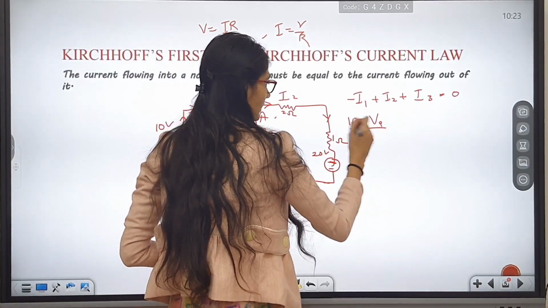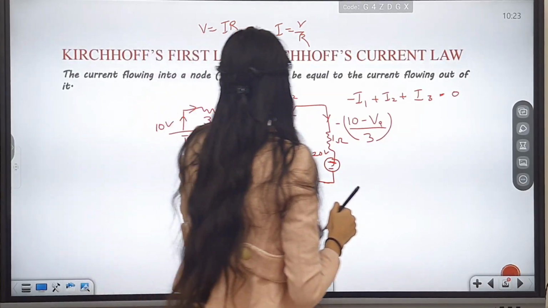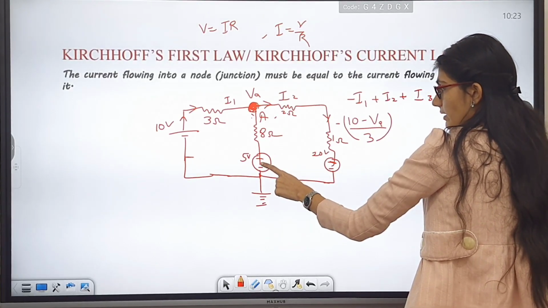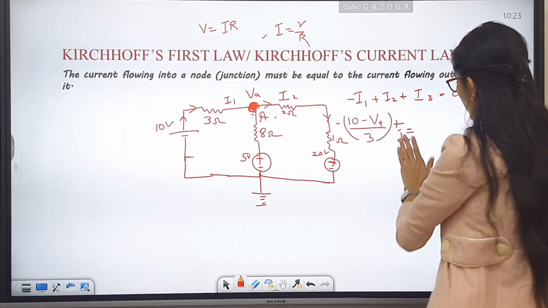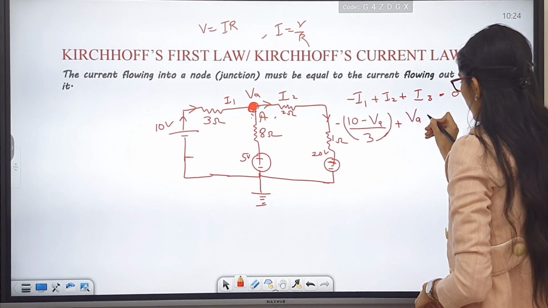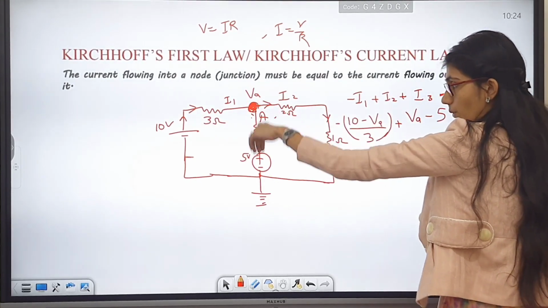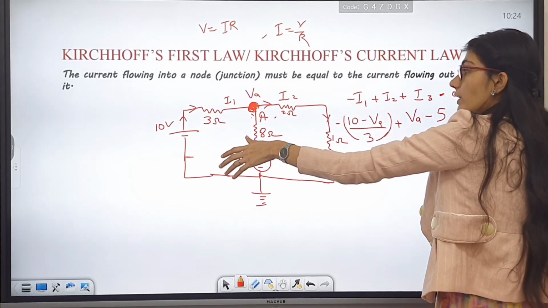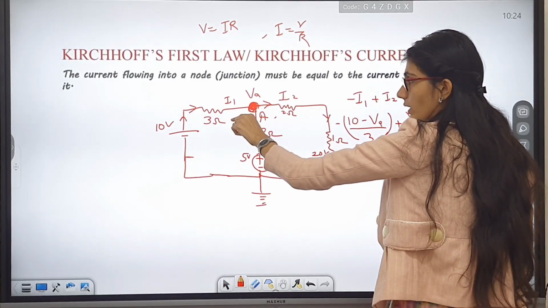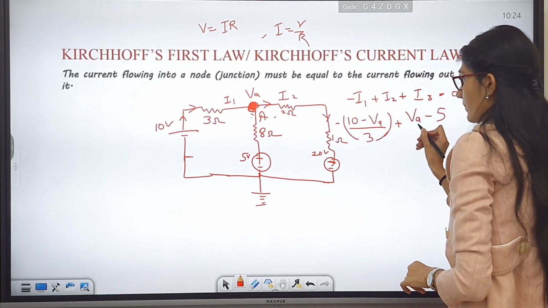Here it is in negative. And here, VA minus 5, VA is at higher potential as compared to this. We are not sure in which direction the current is flowing, but we are treating the current as going in this direction, then splitting like this here. So VA minus 5 upon 8